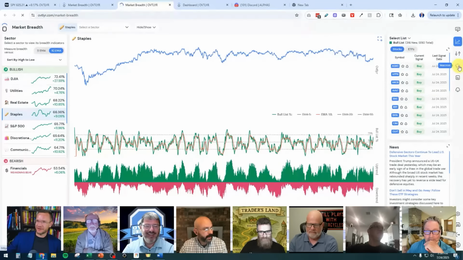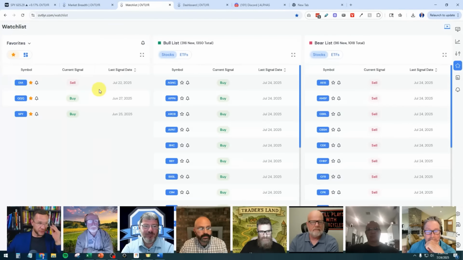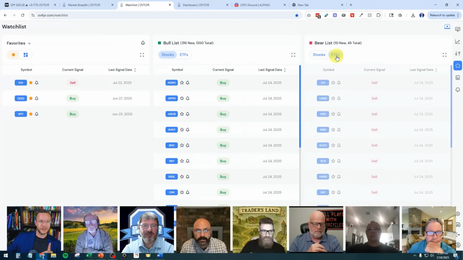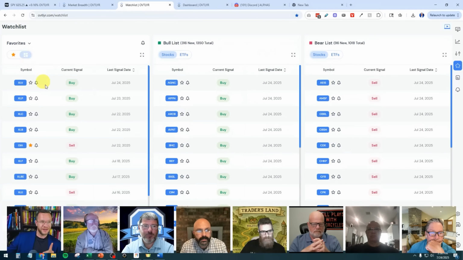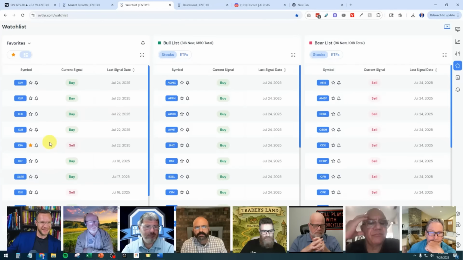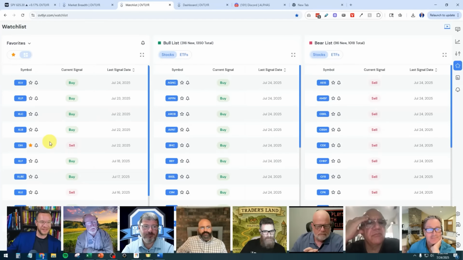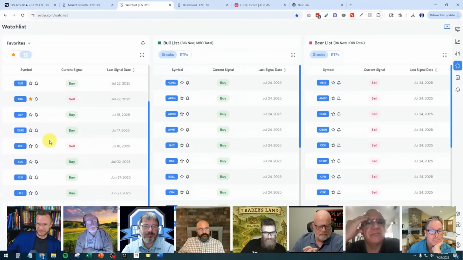Okay, go to the watch list real quick for me. This is actually a really cool hack. I don't know if you guys know this, but there's this button right here on everything, right? You can look at the ETFs versus the stocks. This is your favorited stocks. If you favorite a stock, it'll pop over here. But check this out. You click this button here. It's all the sector ETFs. Did you guys know that was there? Look at that. We learn something every day, don't we? It's always been there. You just never saw it.